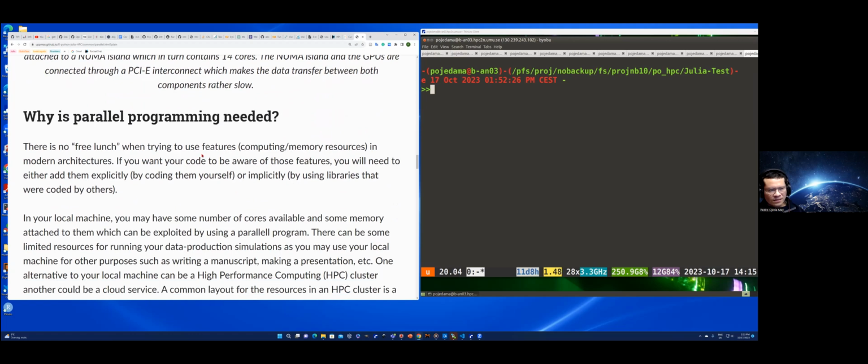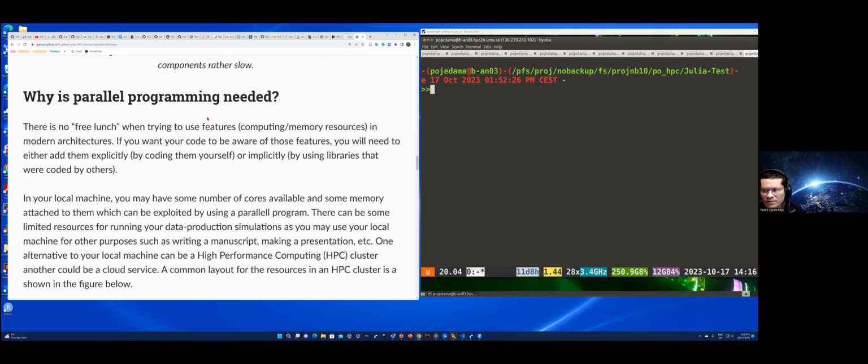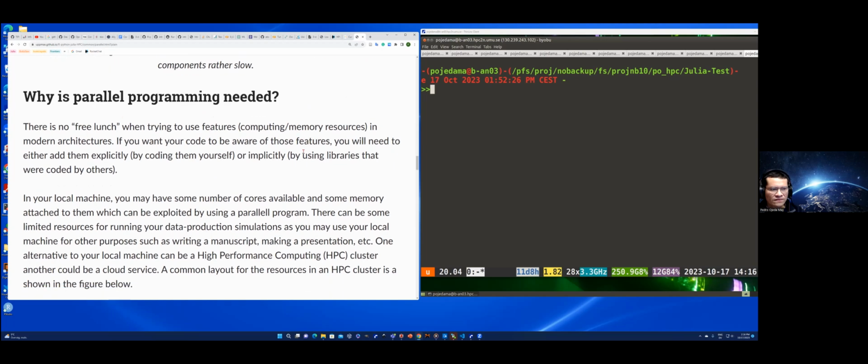So now let me talk about why parallel programming is needed. I wrote here, there is no free lunch when trying to use the features which include computing and memory resources in modern architectures. So imagine, for instance, that you wrote your Python code,